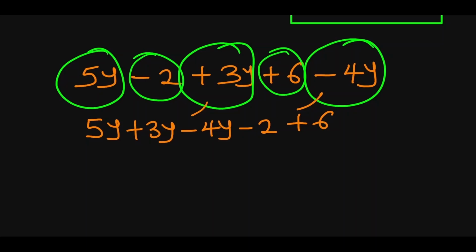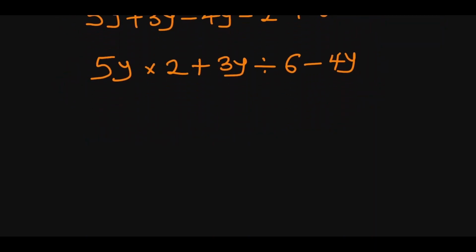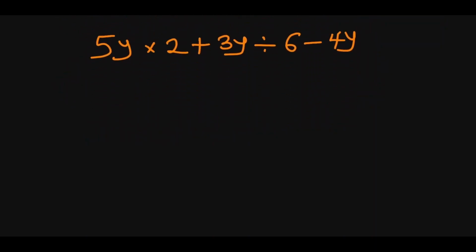You see that it is pretty straightforward once you know these laws and you are able to apply them. Now let us look at something similar to this, but we now bring in the second law and see why we will not be able to collect like terms in that case. Look at this expression on your screen: 5y times 2 plus 3y divided by 6 minus 4y. There is no way you can collect like terms in this situation because the operators here are from different families. There's multiplication, addition, division, subtraction. You cannot collect like terms.